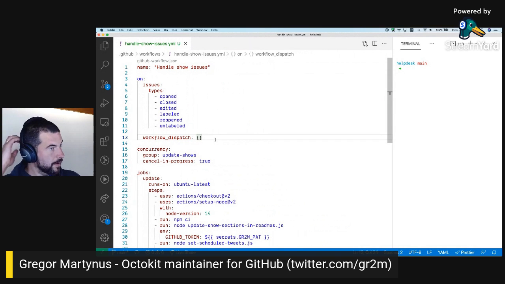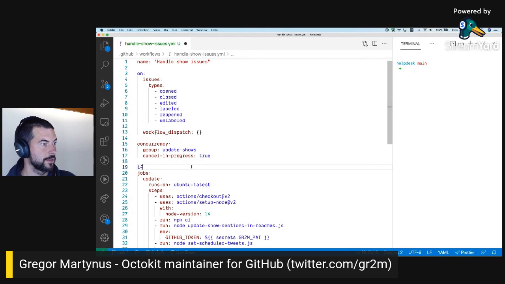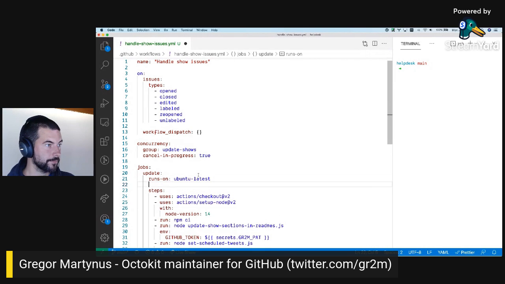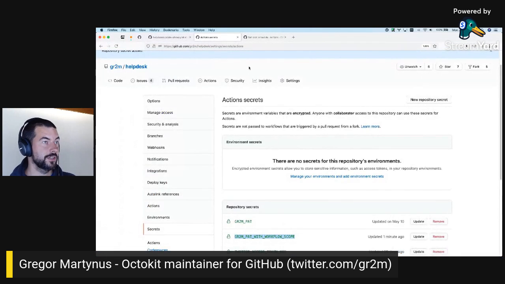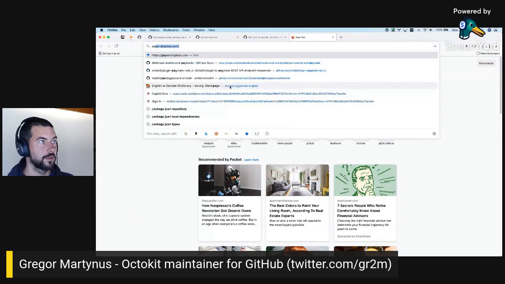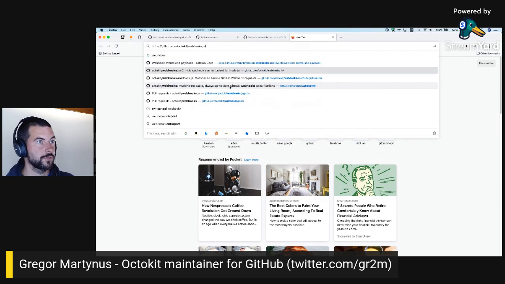And then one thing I just realized is I can limit this and make sure that I only run this workflow if the show label is set, because I'm not interested in any other issues. If this is simple, then I will just add this really quick.